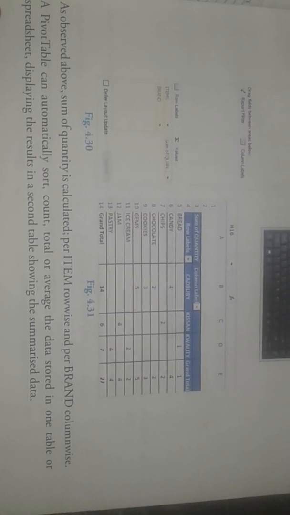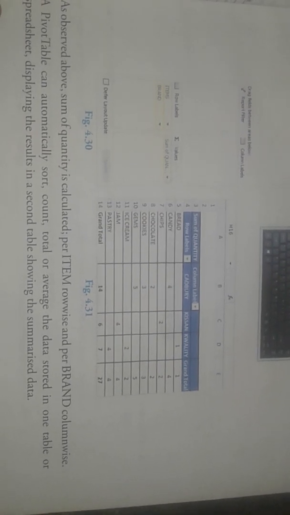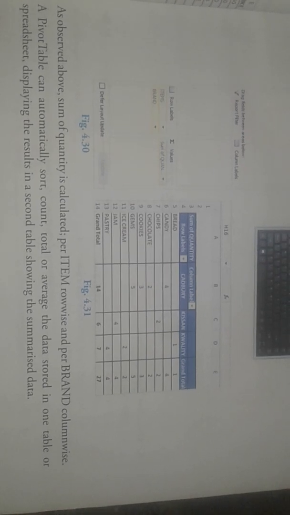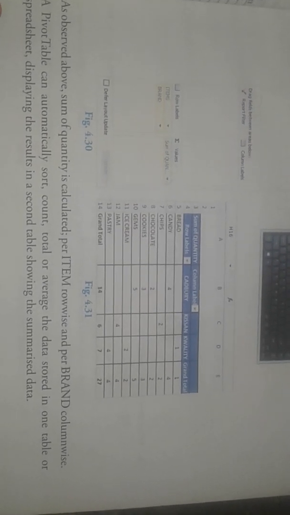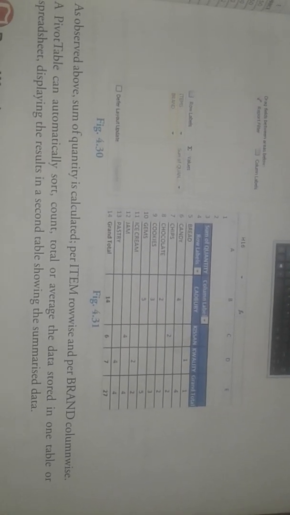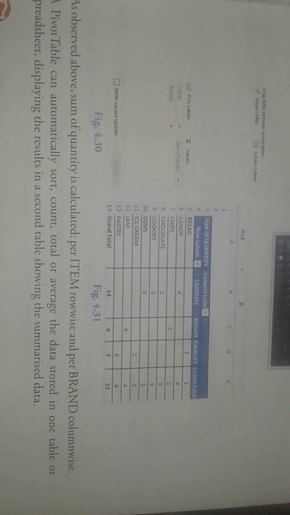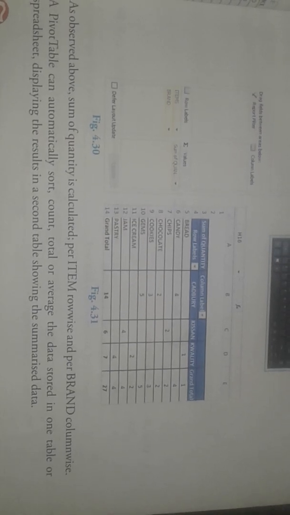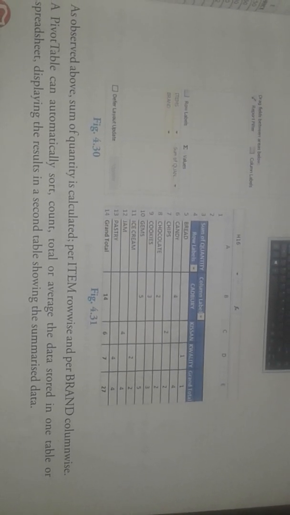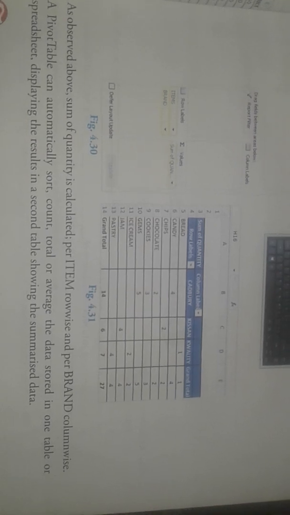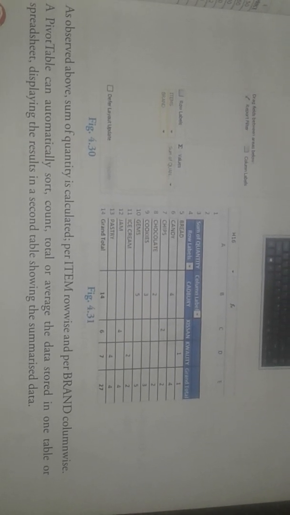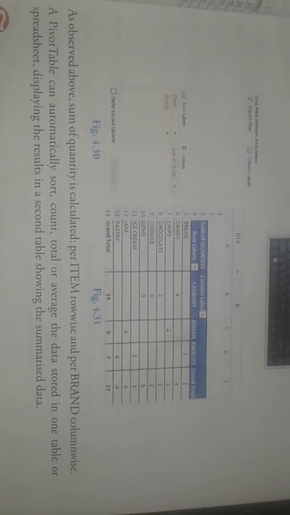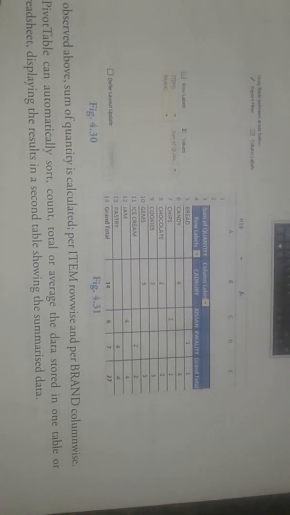So the steps are: first of all, what you need to do is select the pivot table from the Insert tab. In the Insert tab, the pivot table option is there. You have to select that. The Create PivotTable dialog box appears. The table range text box displays the range of the data. If the complete data is not selected, we can manually select the table with the respective headings. We have to select only the headings.